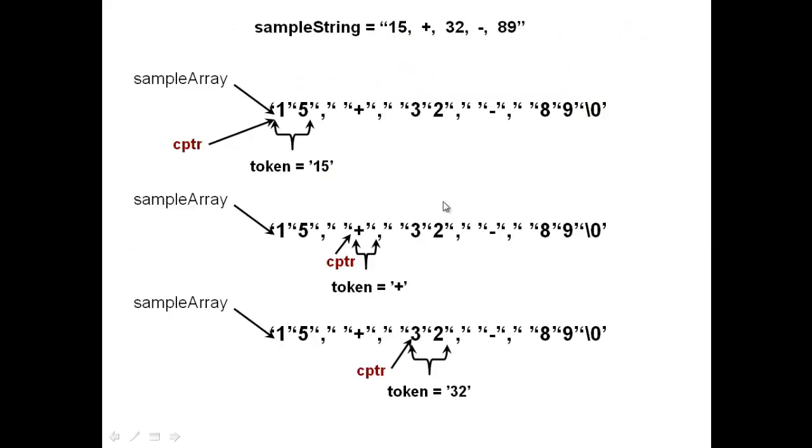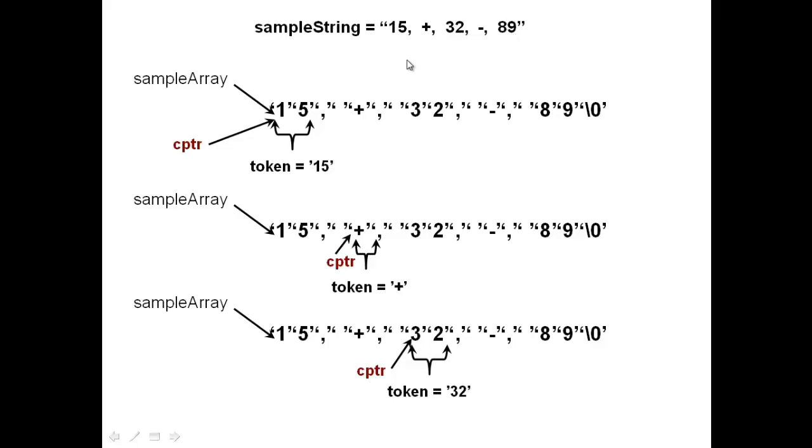So what we want to do here is, let us say I input a string like this, basically having an arithmetic expression, say 15 plus 32 minus 89. But you want to input it as a string, and then you want to do the math and print the result. So the first step as part of that is to extract the tokens, which are like this 15, this plus, this 32, this minus symbol, and then the 89.